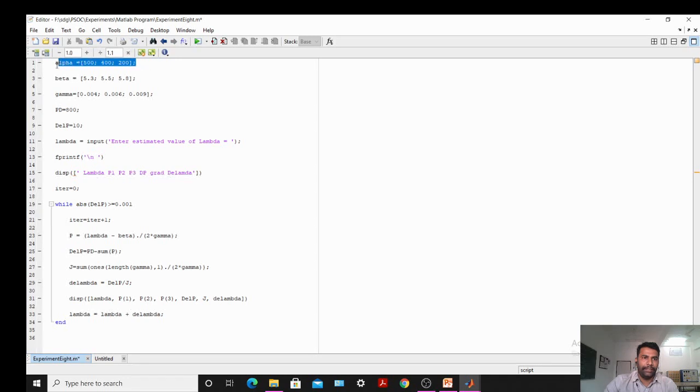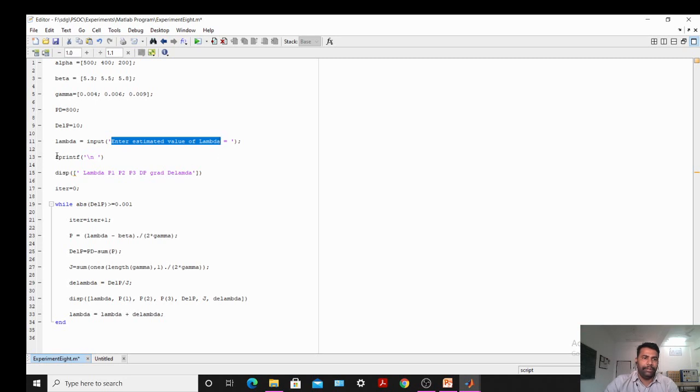So, this is alpha, in angle brackets write alpha, beta, gamma. This is just data initialization. After that write PD is equals to 800, del P is equals to 10, then we will take the value of lambda from the keyboard. So, here we write enter estimated value of lambda from the keyboard.